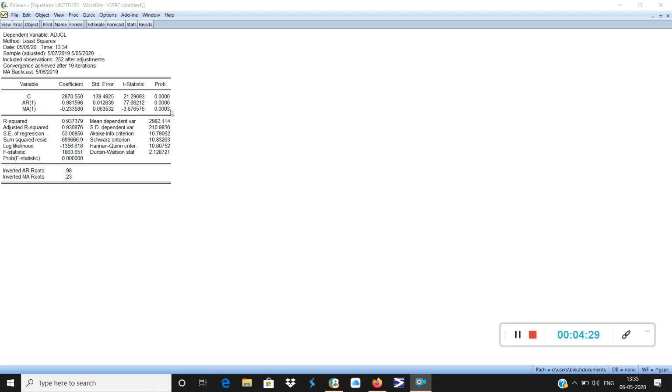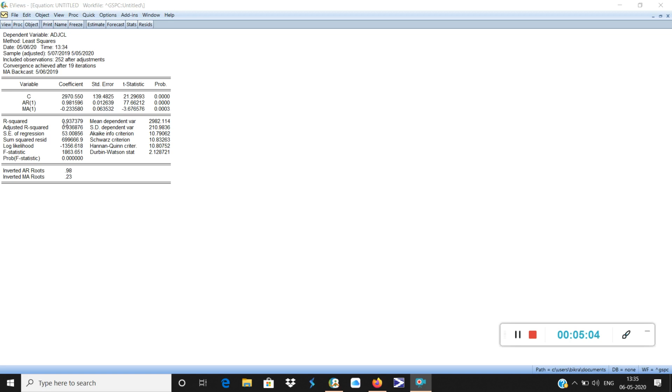That means they can predict the index closing price tomorrow. So I have taken the data. The last date was 5th of May 2020. So if we want to predict the value for 6th of May 2020, this particular relationship helps us to predict that value. Since the data is taken on a daily basis, the prediction is also on a daily basis. Now let's see how robust this prediction is. Is it a good prediction or not so good?